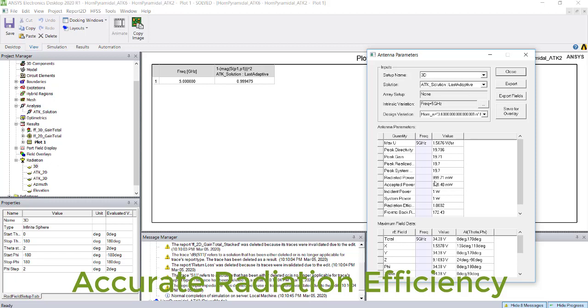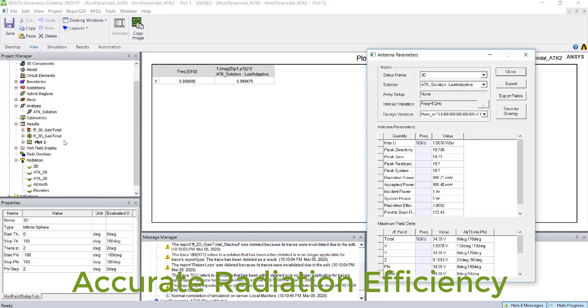So this is the way we can make sure the radiation efficiency will be very accurate. And for any antenna which has copper and a substrate like FR4 or RT Duroid, it will always be less than 100, close to 90 to 95% efficiency.